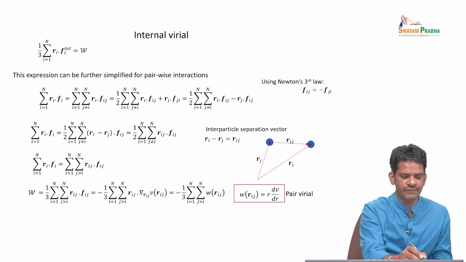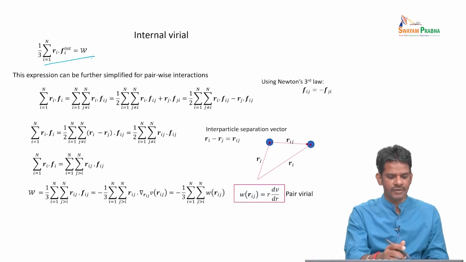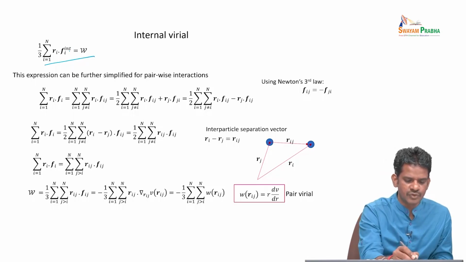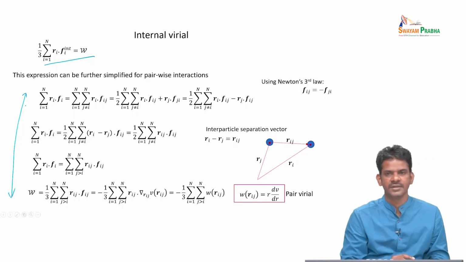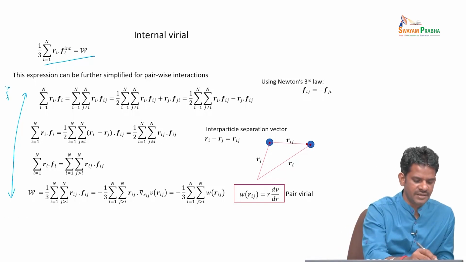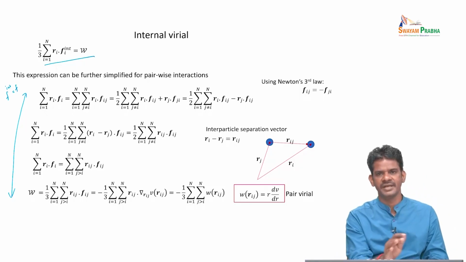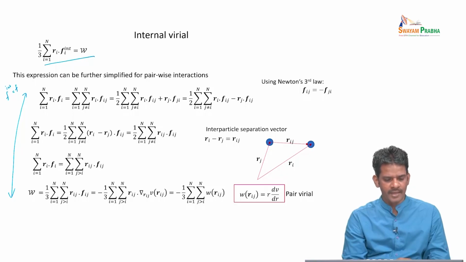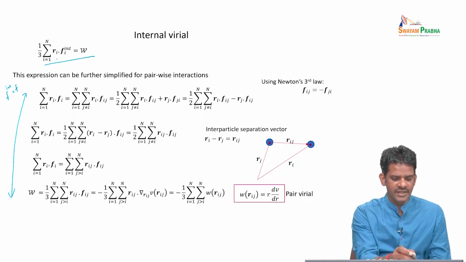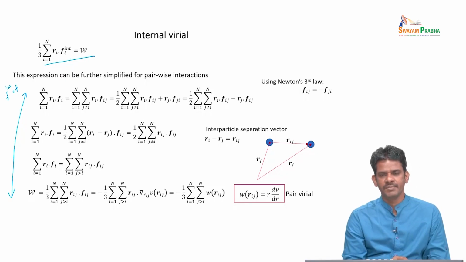So, we will take the definition of internal virial. From now on, I am going to just skip this superscript internal. Everywhere here, F is basically F internal itself. We are not distinguishing between external anymore in this particular slide. So, now let us write the expression for the virial and then make use of certain properties such as pairwise interactions and Newton's third law, and write a simplified expression very similar to how we used to find pair interaction